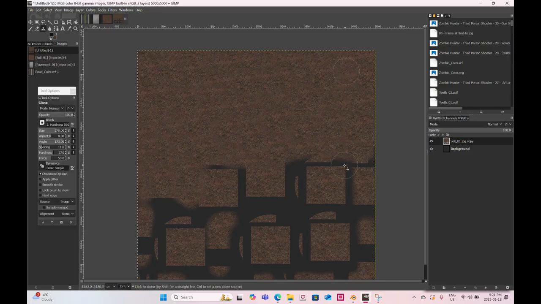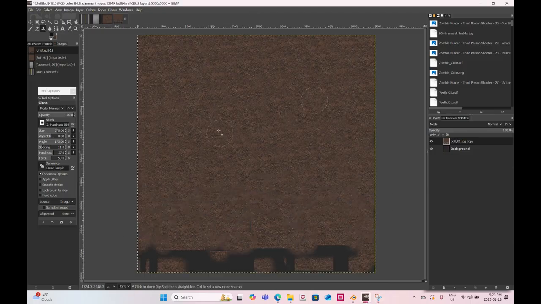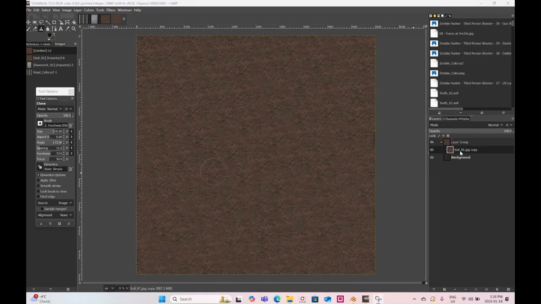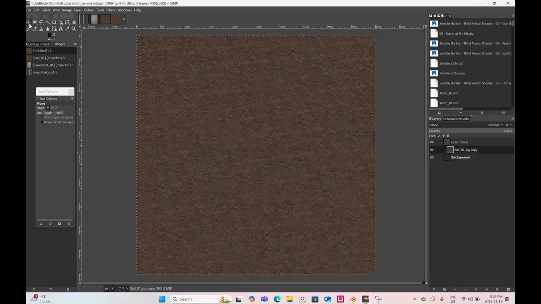So now I can just randomly select different areas. This into a folder. So I'm going to do the same thing I did with the road, and I'm going to make it so that the edges all match up. So I'm going to duplicate soil,